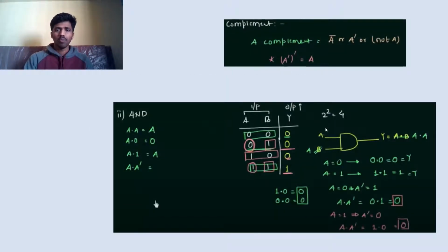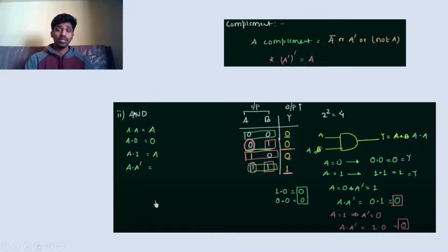First one is complement. The complement of A will be written as A bar as shown in here, or A dash, and if you consider A as 0, the complement will be 1. And if you take the complement of the complemented input, then it will give the real input A. For example, if A is 0, the complement of 0 is 1 and the complement of 1 is 0. So we are again getting back to A.